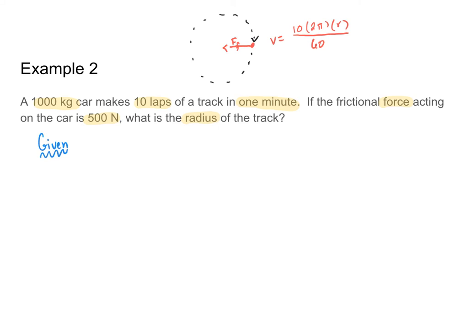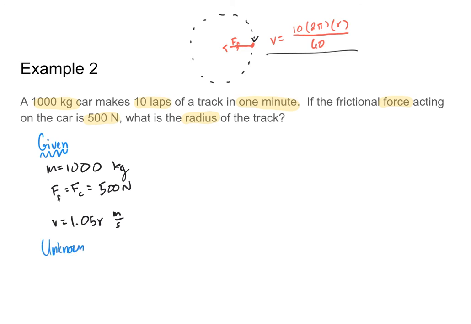and that sets me up to list my givens. So I know that the mass of my car is 1,000 kilograms. I know that the force of friction, which is my centripetal force, is 500 newtons. And I know that my speed is equal to 1.05 r meters per second. And that's just plugging this into my calculator. My unknown here is r,